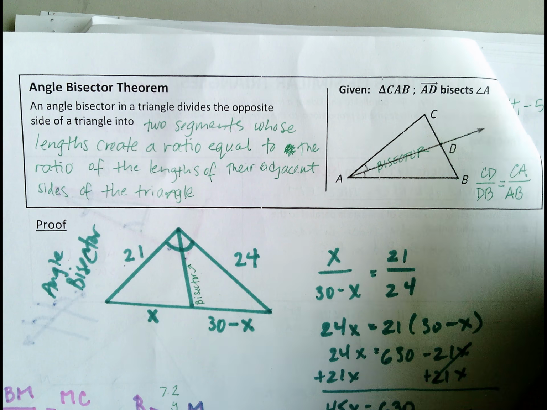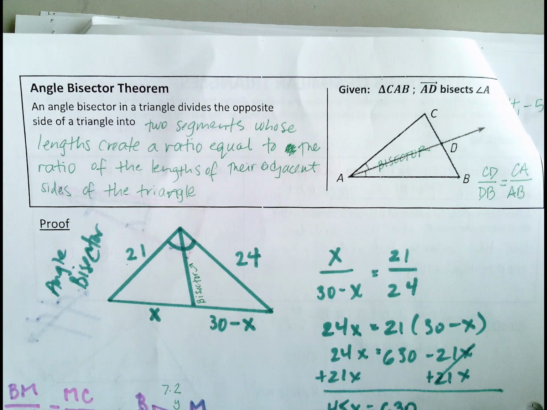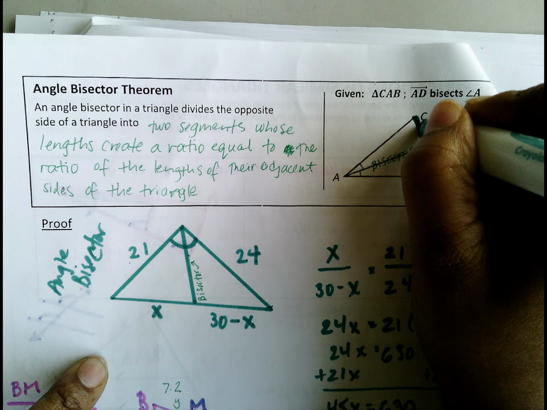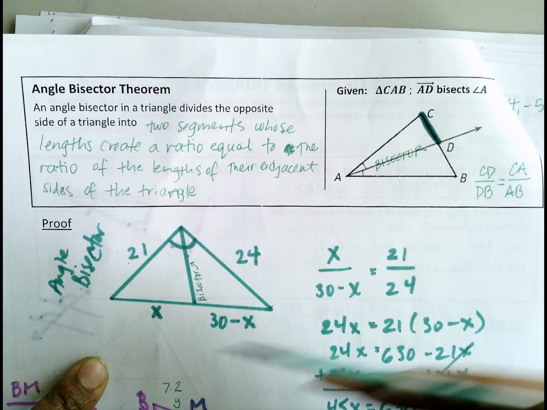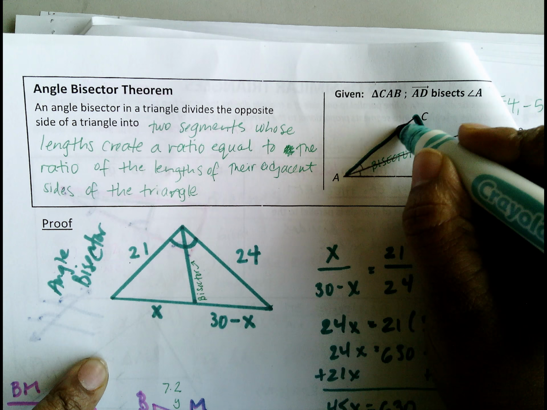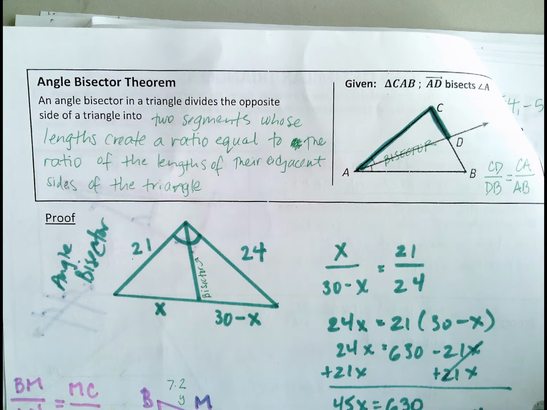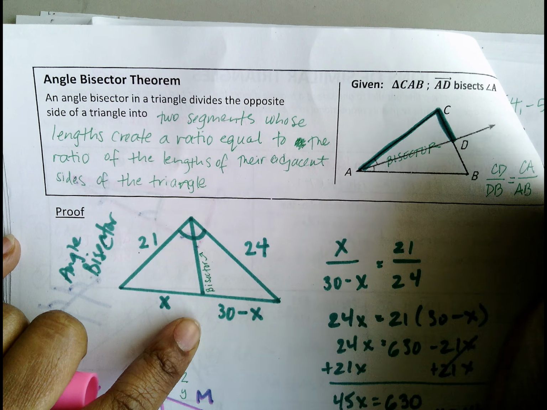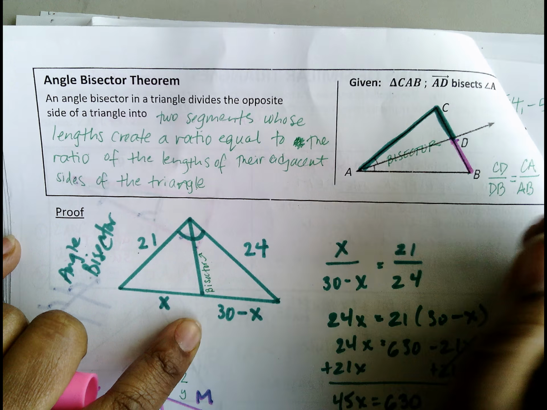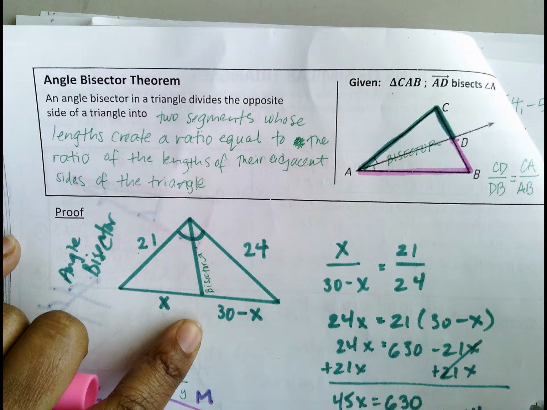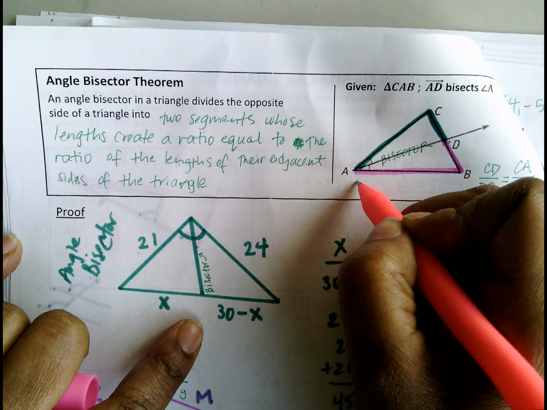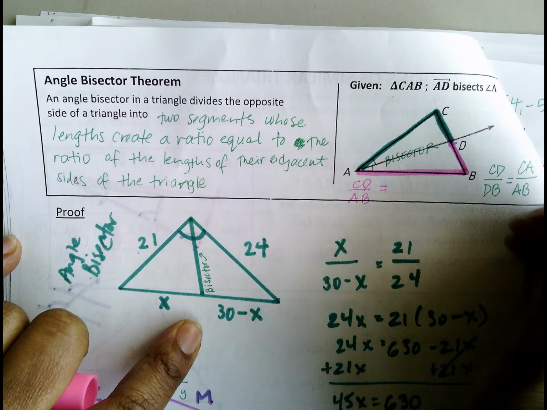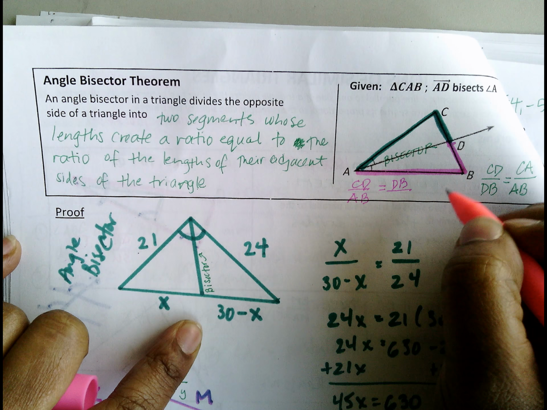Okay, so let me tell you the two ways that this could be done. You can do CD, and let's do some color coding here. So CD over CA, you could do that, is equal to DB over AB, okay? Even though that's not what I have written here, I'm going to write it. So you could do CD over AB is equal to DB over,